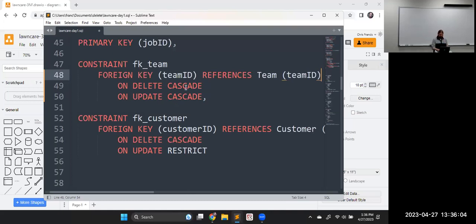And do we want to cascade these? So cascade means it'll carry through. If we make a change to the team table, it'll carry through to the employees table with cascade, and change what was already in the employee tables. So an update, we probably want that to happen. But on a delete,